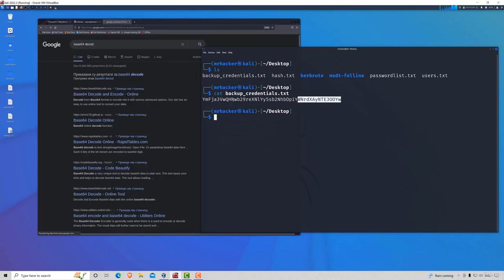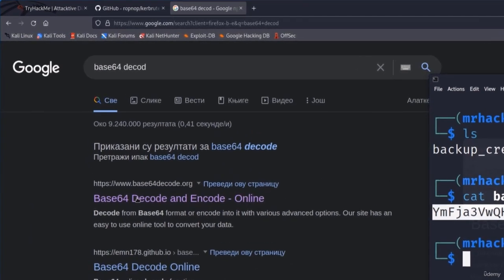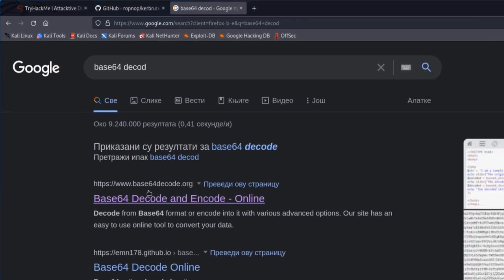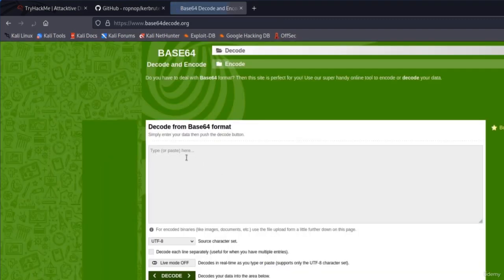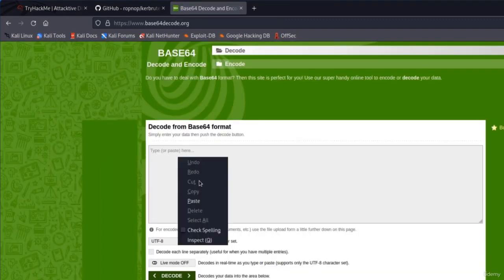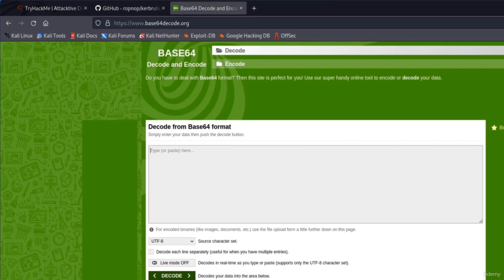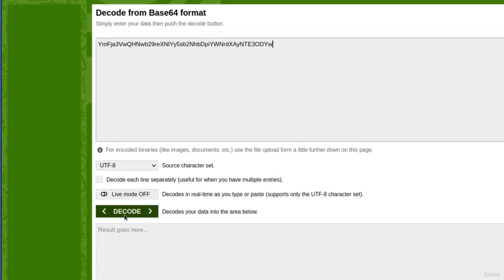Just make sure that we copy this first, go to this website. Since I already used it before, let's use it again, and let's paste this. Let's just zoom this in so we can see it a little bit better. And if I click on decode,